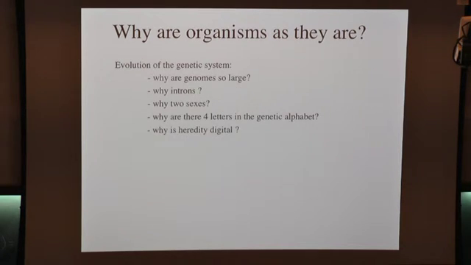Even deeper question, why should heredity be digital, right, and linear, a sequence of 4 possible states? We're used to that idea, but maybe if you put your minds to it, you could imagine a 2-dimensional sheet of digital states. Not quite sure how the replication would work. Or you could imagine some kind of continuous variable rather than discrete states. Would that work? Could we be analog instead of digital?